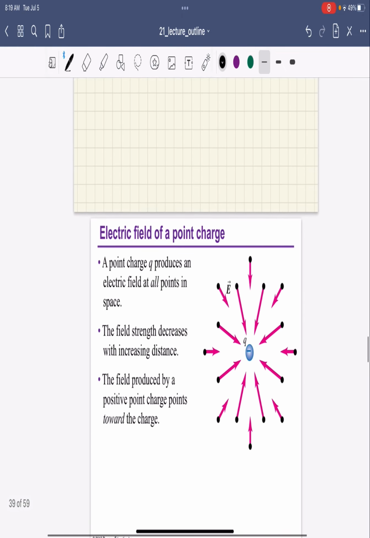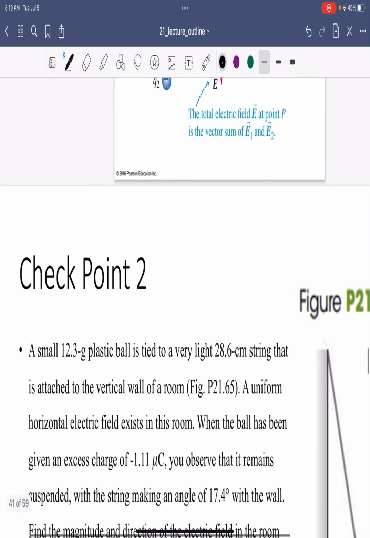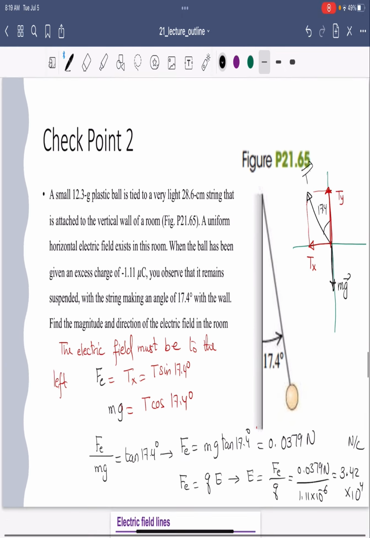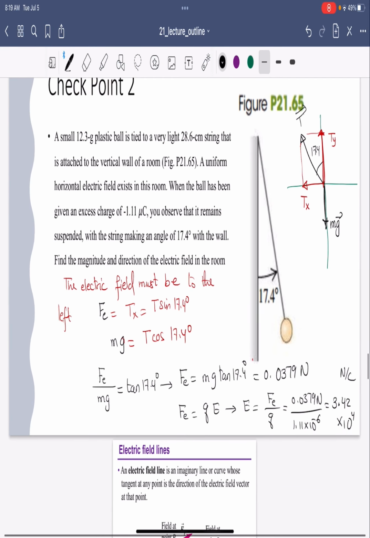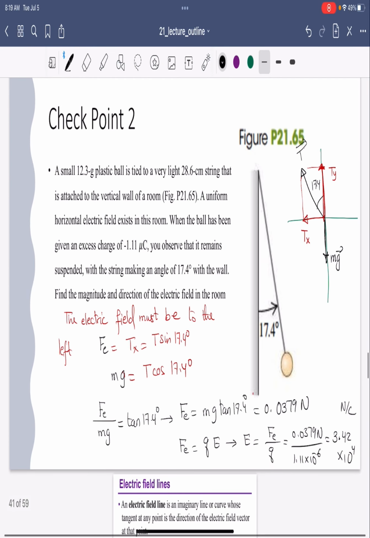Also, I want to go back here first. I want to talk a little bit about this example before the other one, because this is going to show you a sample of work where we talk about other forces that may be involved in this calculation. For example, here I have a